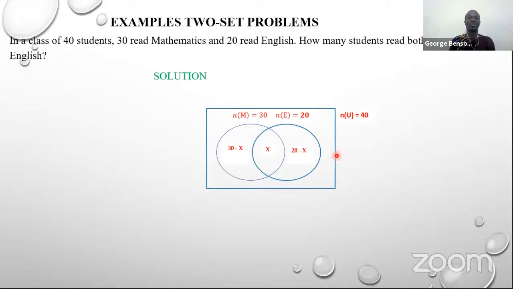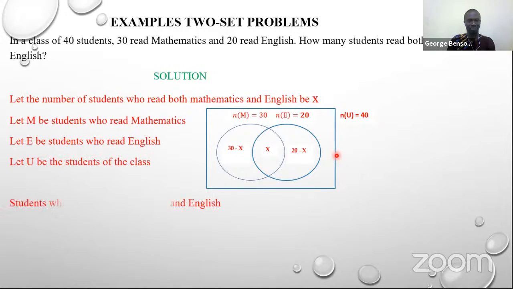Now, when you have a question like this, whether the question asks you to draw a Venn diagram or not, the first thing you need to do is to draw a Venn diagram. So you have to draw your Venn diagram. Then also,